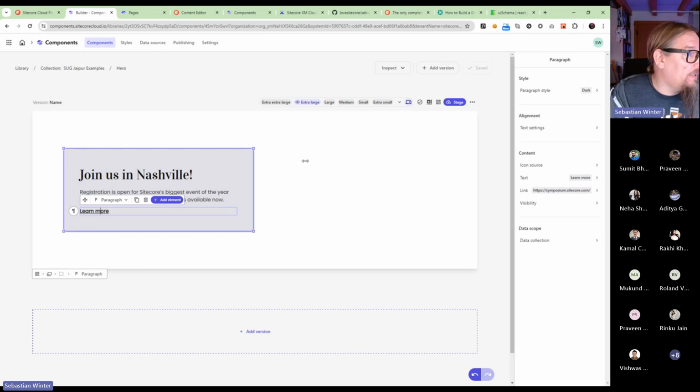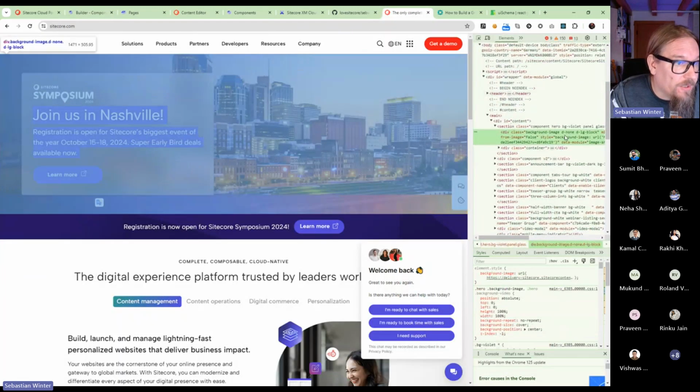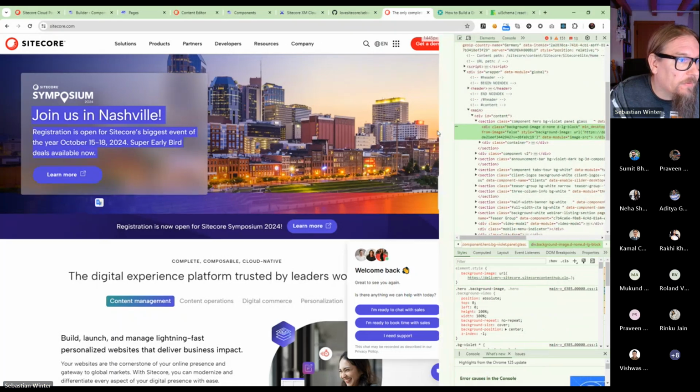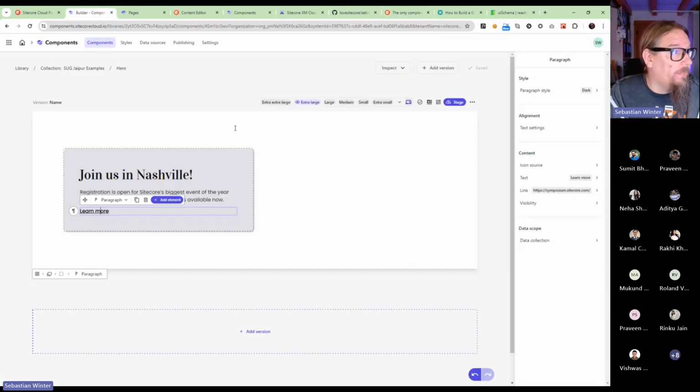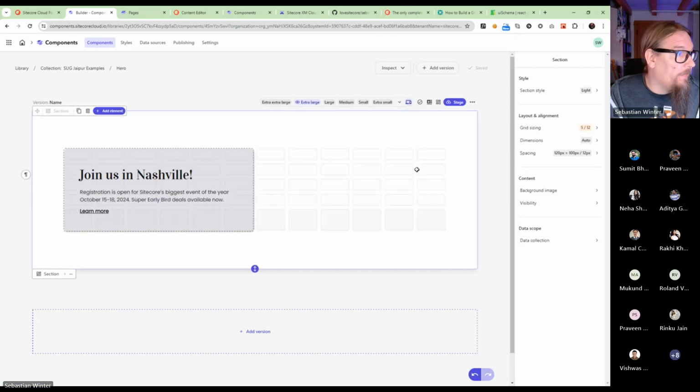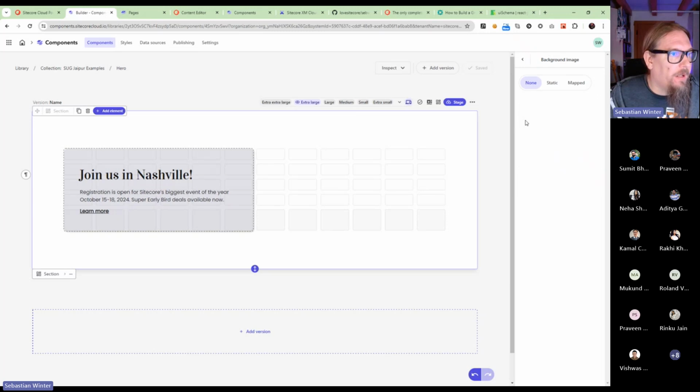So what I want to do next is I want to use the background image, and therefore I can go back to the website, and from the sources, I just, that's very narrow. Let's do it like that. I just take the URL. So I cannot host images directly in the component builder, but I can use whatever is available on the web. So if I have something in a DAM, for example, in a digital asset management, I can use a public link and then use that image here. So for my section, I can configure a background image, and that will be a static image. And I just paste the URL in here,